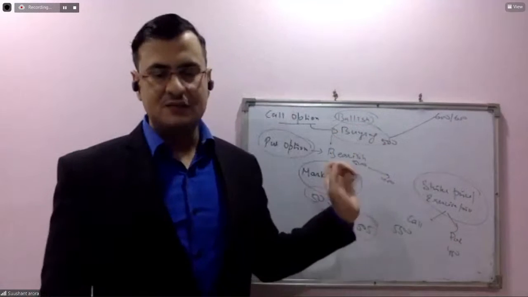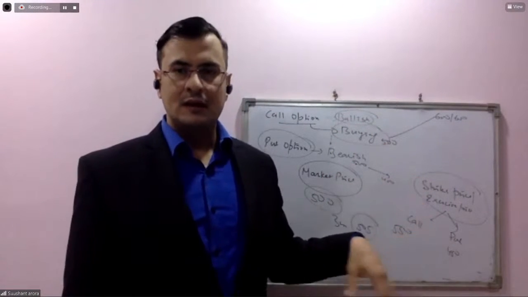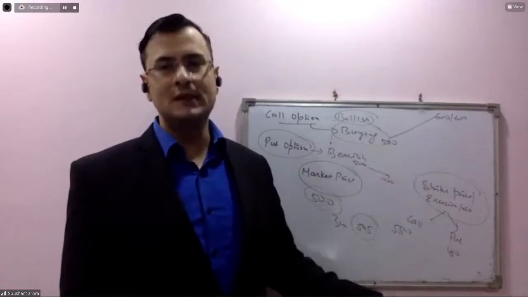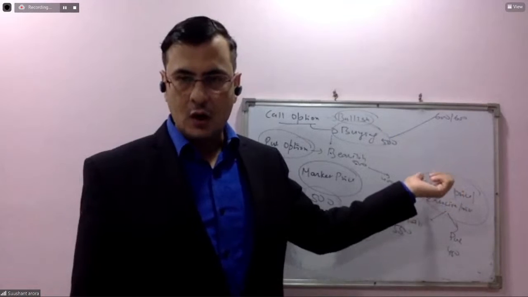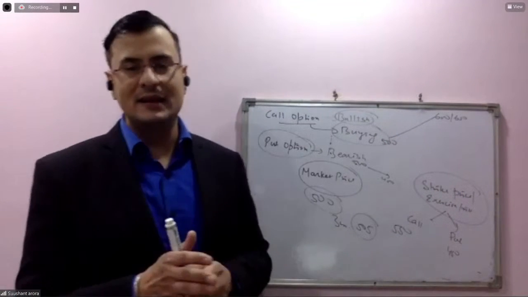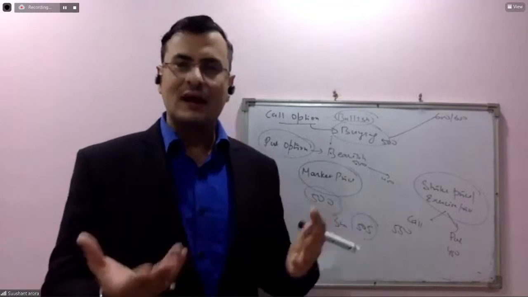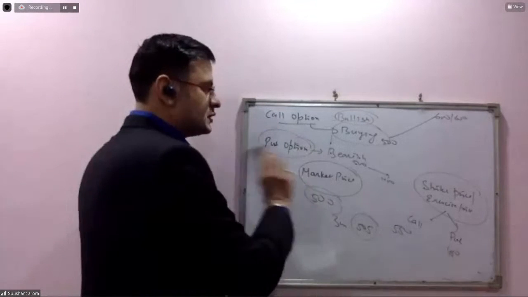In the first instance, where the question says the stock price closed at 550, I will have a loss in both cases, the call option and the put option. Practically, in real life that doesn't happen, but it's an exam question, so we have to tackle it. Okay, so can we start that